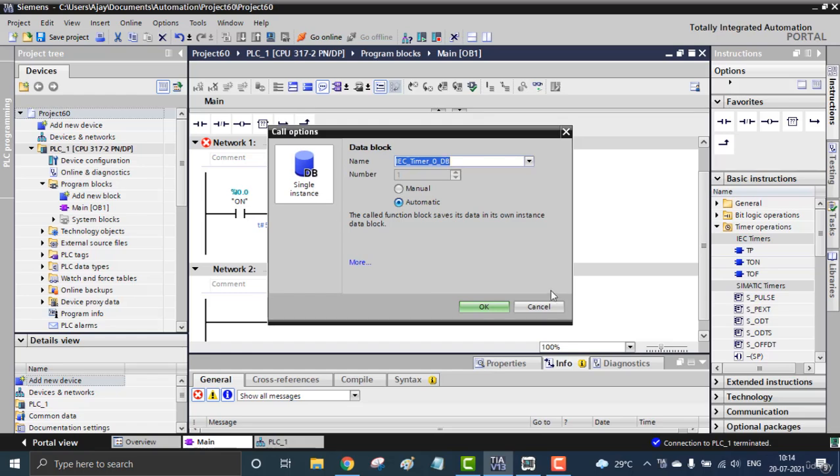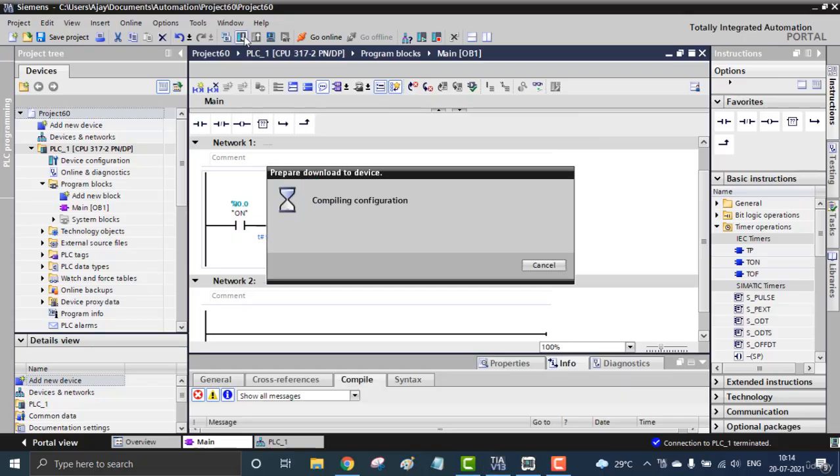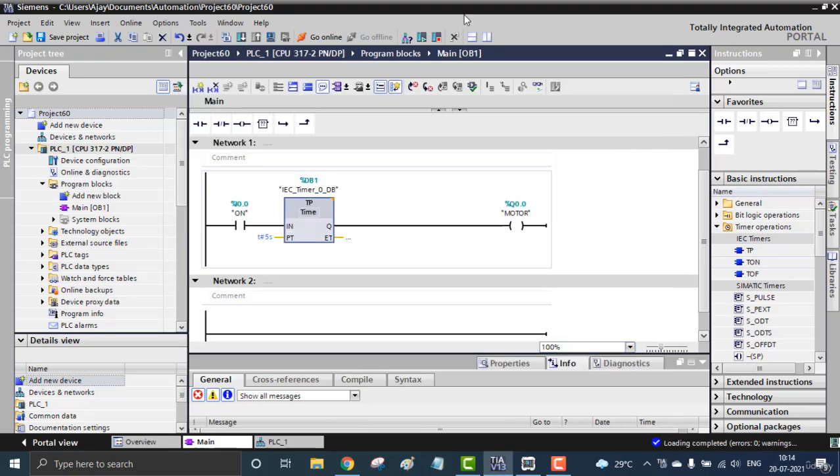So it's actually asking for creating a new data block, DB1, which will be automatically fetched because the previous DB1 was deleted. And we can download this, delete the DB2, and load. Load it and run.